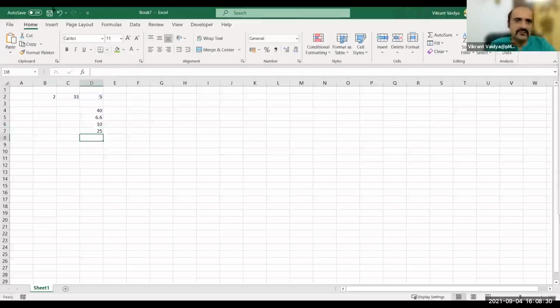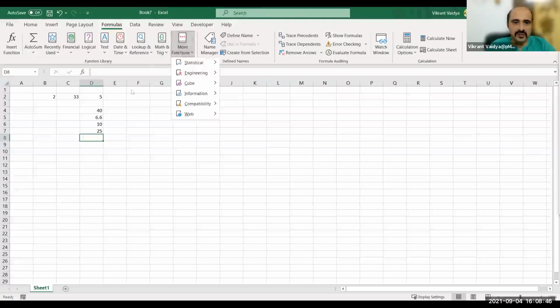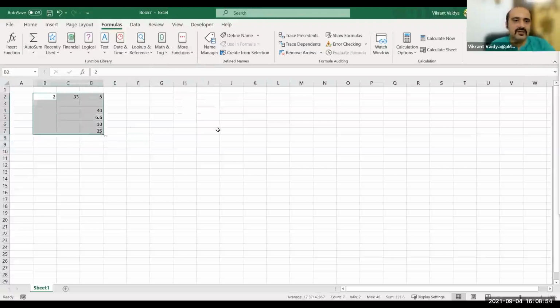There are many other functions. If you want to explore them, you can go to formulas on the top bar, and there you will have all these functions available. You can look them up. There are many. Even I am not familiar with 100% of them. Okay, so this is a basic manipulation.